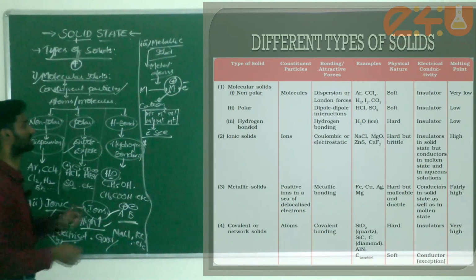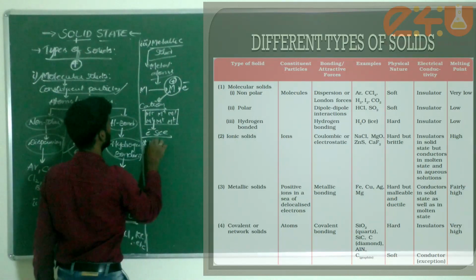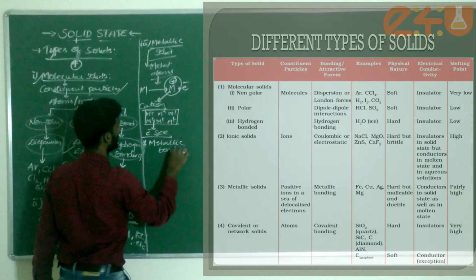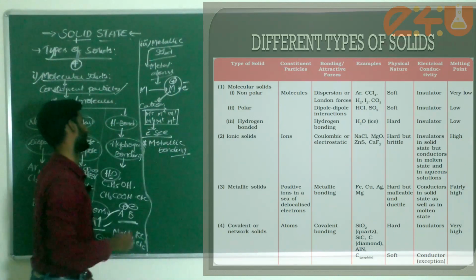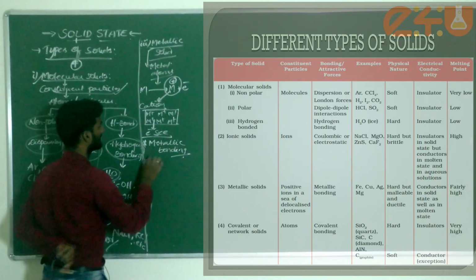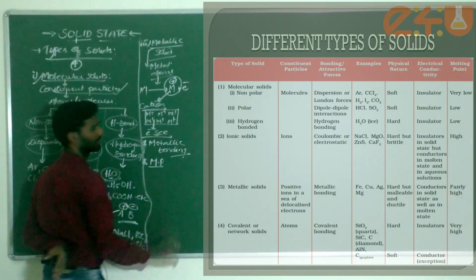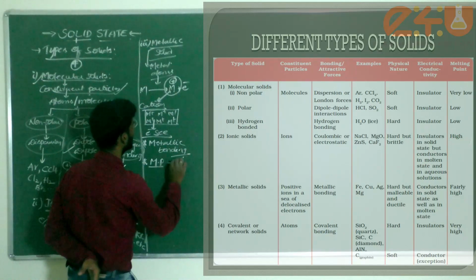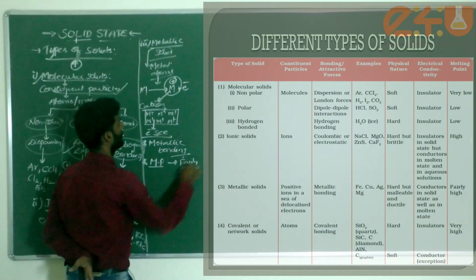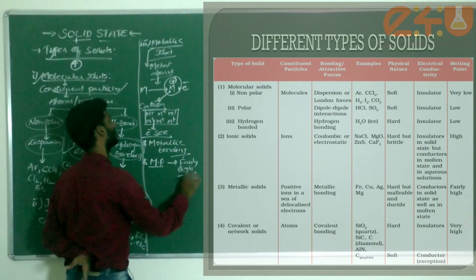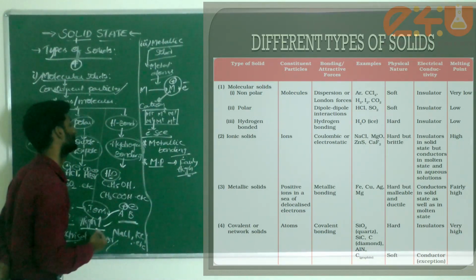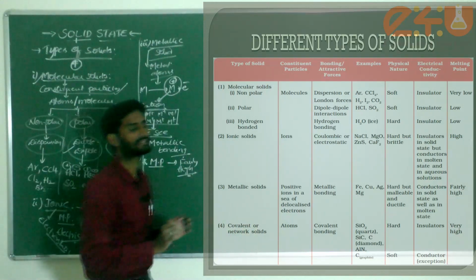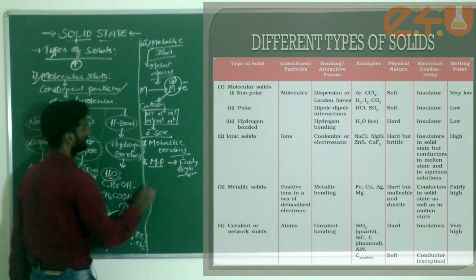Electrostatic or Coulombic forces. But in the case of metals, what bonds are present, dear students? Metallic bonding. If you take it here, what about its melting points? Generally, melting points are fairly high. This can be considered high melting points due to the presence of more electrons; complete delocalization takes place.